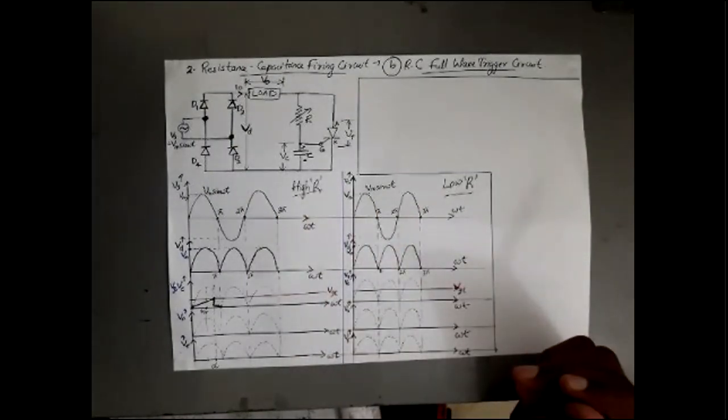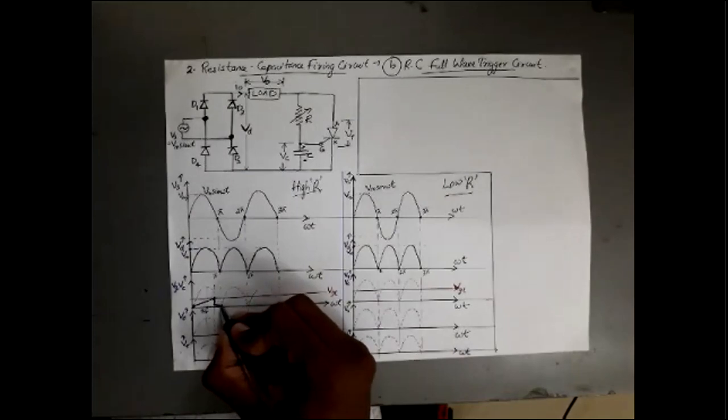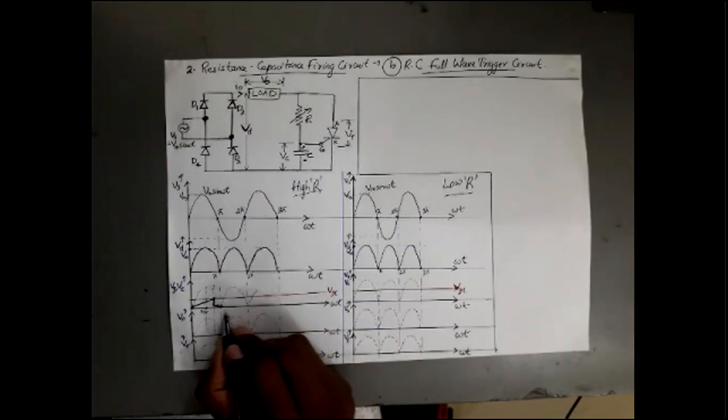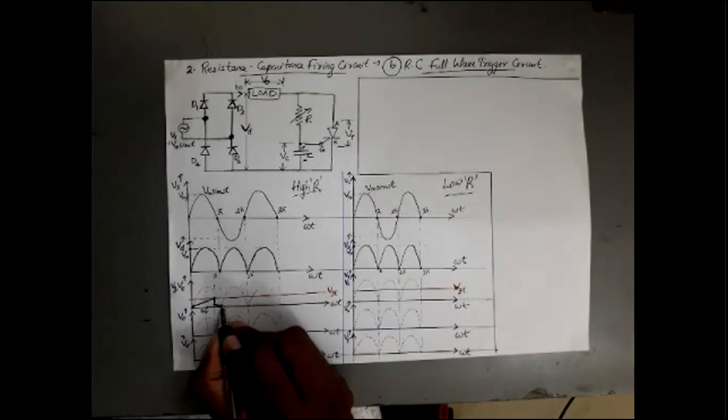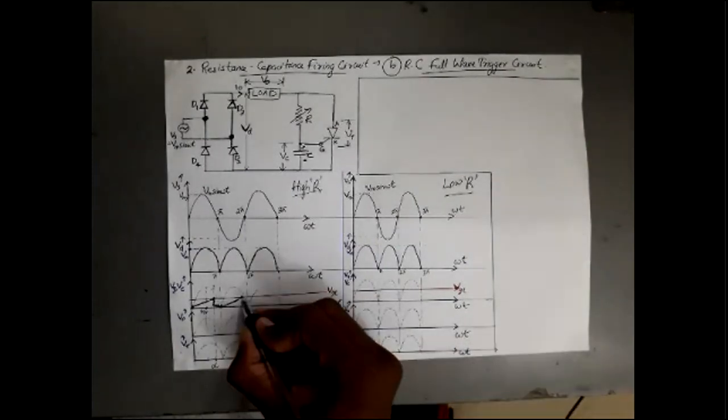Then during negative half cycle of Vs, my capacitor is getting positive voltage and due to high value of resistance, small current will be flowing. So charging of the capacitor takes place slowly and after alpha degree, my Vc has become equal to Vgt. Then again my SCR got triggered. If SCR got triggered, my VC has reduced to a very low value near to zero. And as I said in the earlier case, here also no voltage will be appearing across my capacitor. So my capacitor starts discharging.